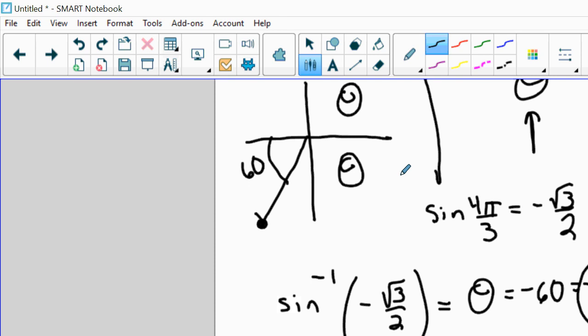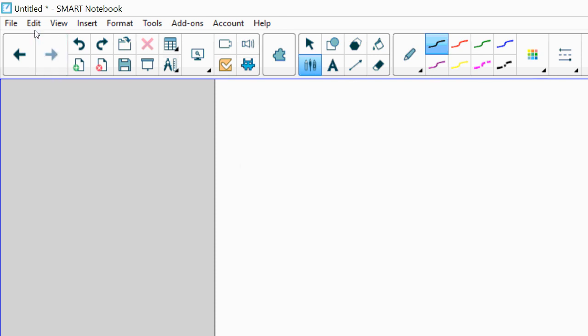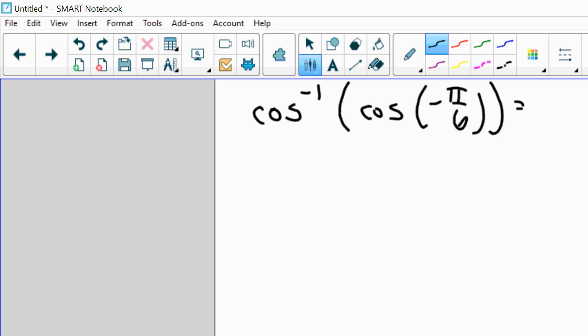Ouch. That thing hurts. So, the bad problems are these problems. And the inverse is on the outside. Because you're thinking the answer should be negative pi over 6. Is it? I don't know. I have to work the problem. But I do know this value. That's cosine of negative 30 degrees. So the real problem